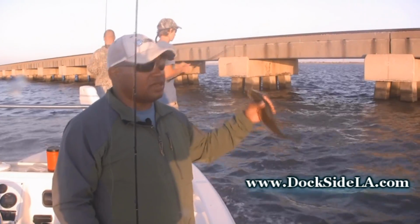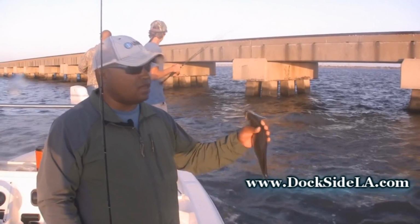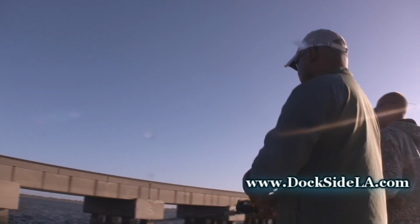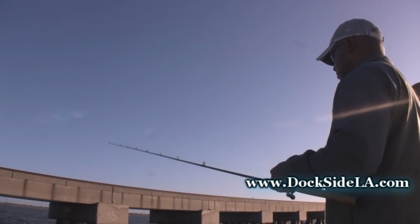But if you make a pass, and halfway through the pass, or maybe three-quarters of the way through the pass, you haven't set the hook, try fishing a little bit farther out. They may be 10 feet off the pile, right? Or kind of pattern that first bite is what you want to do. Is what I'm saying is